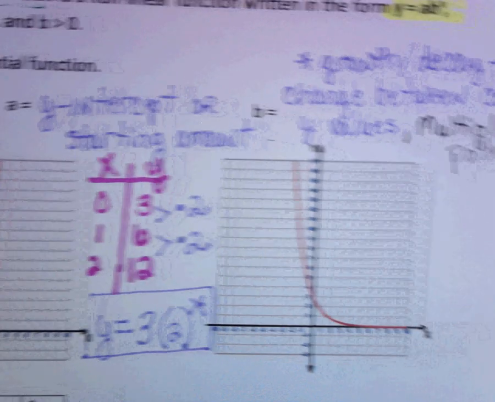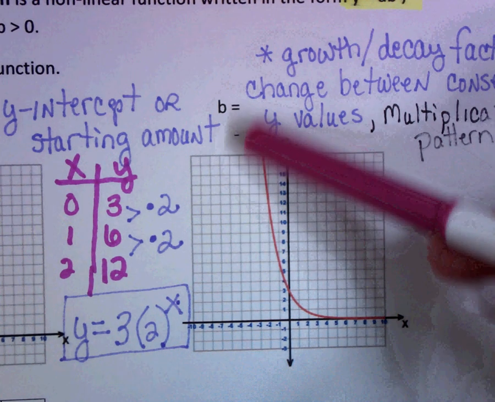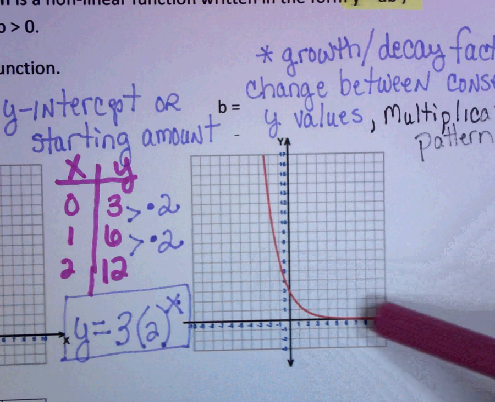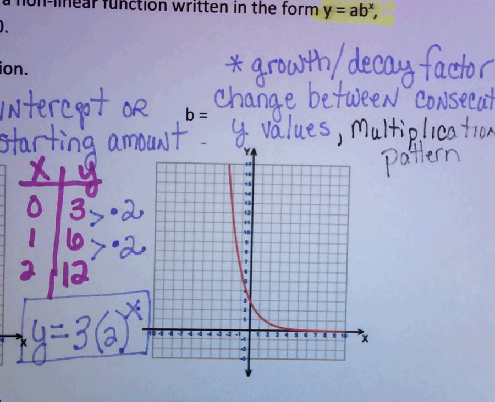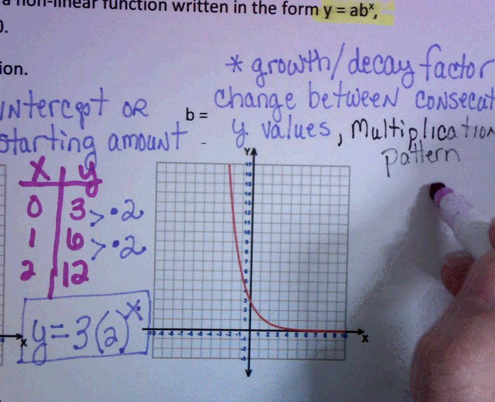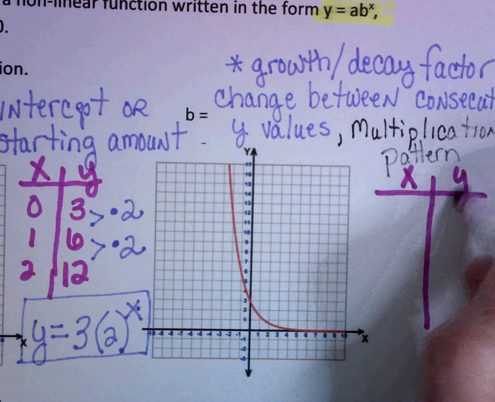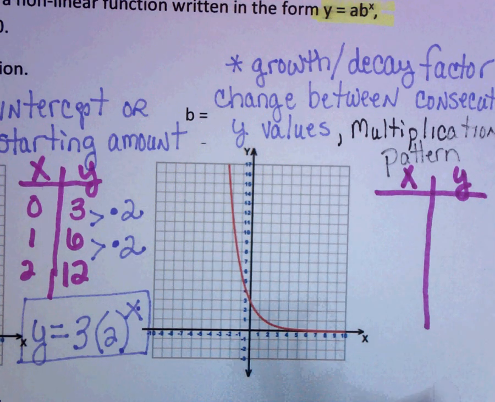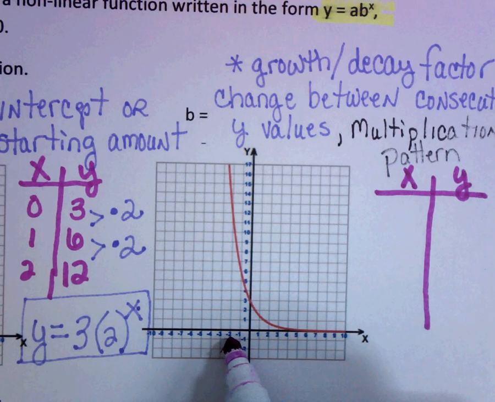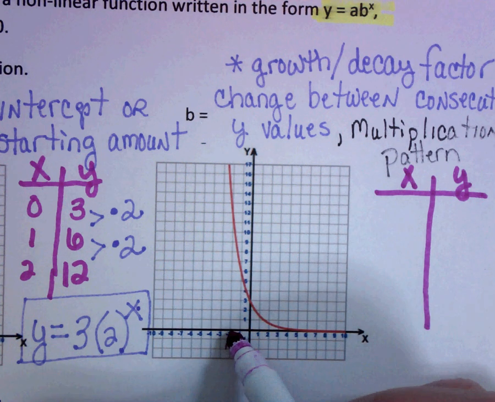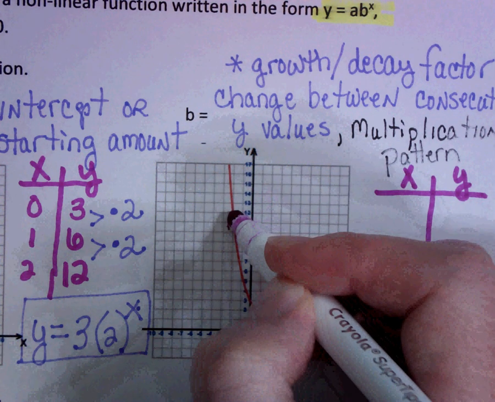Okay, notice this exponential graph is decreasing. So this is going to be an example of something that might be decaying. Okay, let's make a chart. We're going to need to pick some exact points here between our consecutive y values, and important that we kind of go least to greatest on our x values. So I'm going to go to -2, 12,